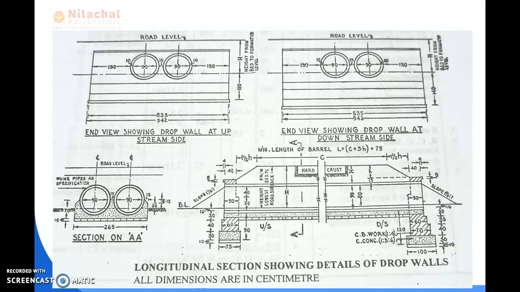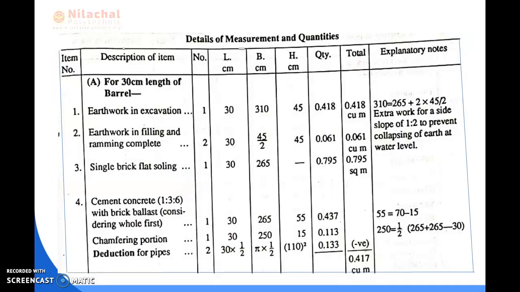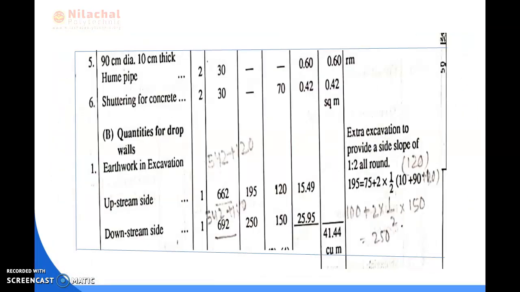Then we go to the next part. Here we add the extra for what? For the side slope. What is the side slope ratio? 1:2 ratio, right? 1:2 means horizontal to vertical. It means horizontal is 1 and vertical is 2. So horizontal is equal to vertical by 2, or otherwise we can write vertical is equal to 2 times the horizontal distance, right?